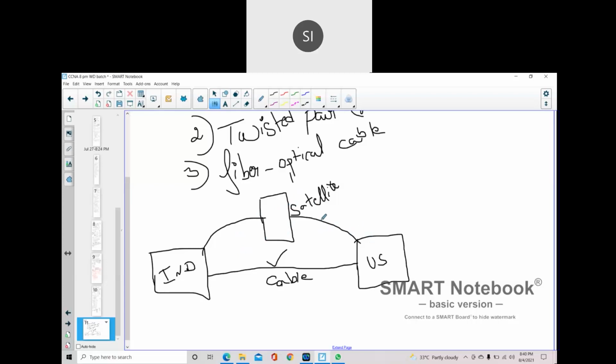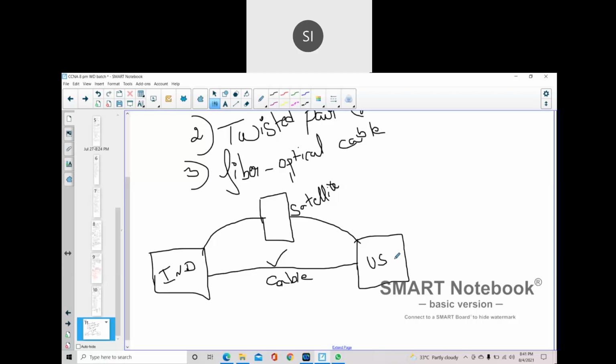One is slowness will happen, and the next is interruption may happen. So that's why we are using cable. Under the sea there are multiple cables going on. I think last year Modi ji opened the cable from Chennai to Andaman, an optic fiber cable under the sea. I'm not sure of the month, but I think it was opened in 2020. Under the sea there is an optic fiber cable.